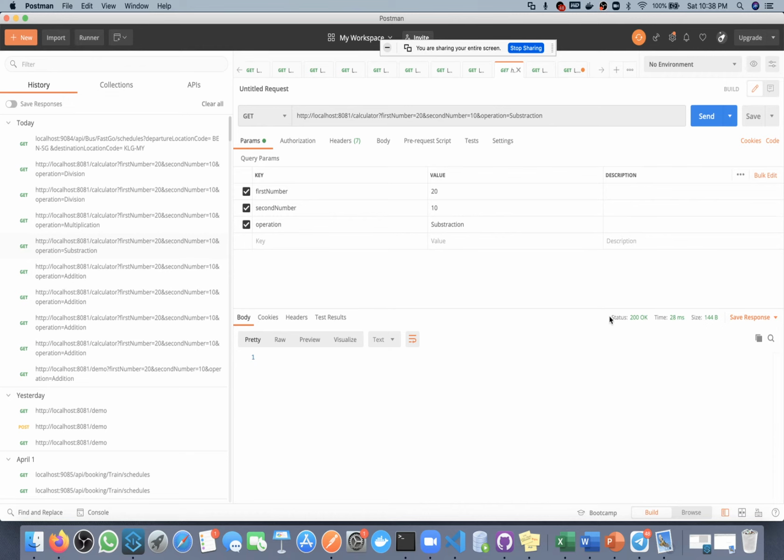Whenever you call any API, you will get some HTTP status. Either you will get 200, which means success, meaning whatever process you called, that API successfully completed its task and returned 200.